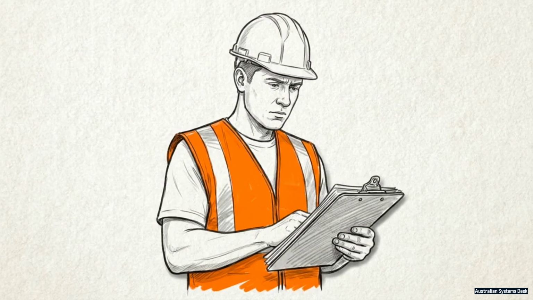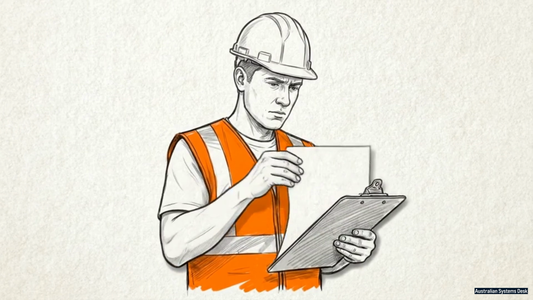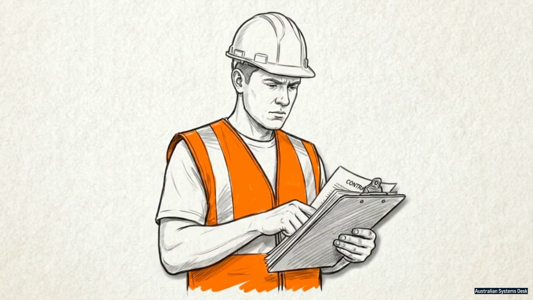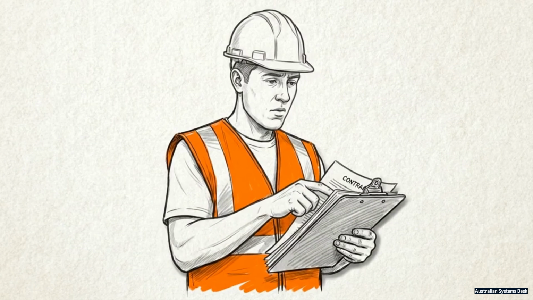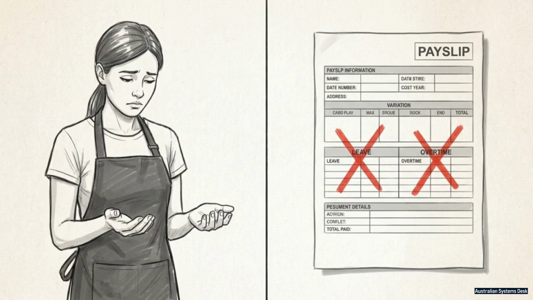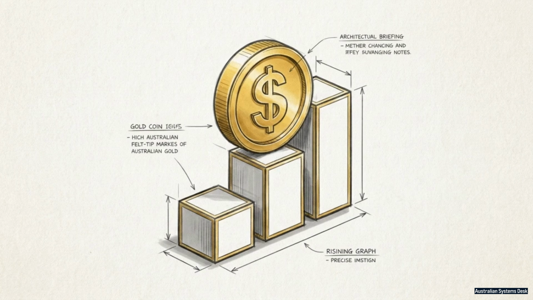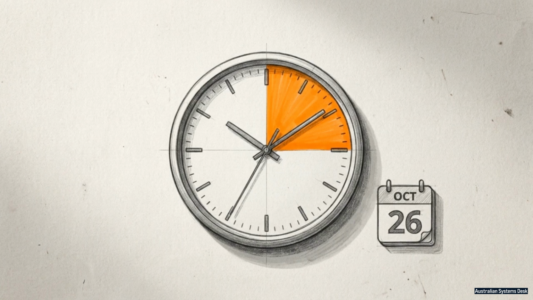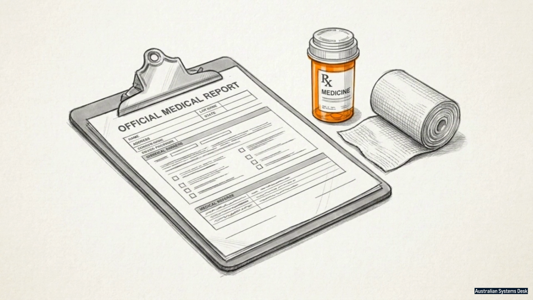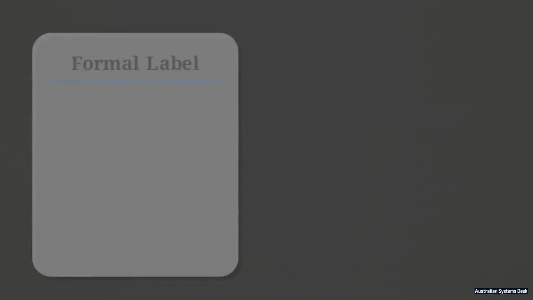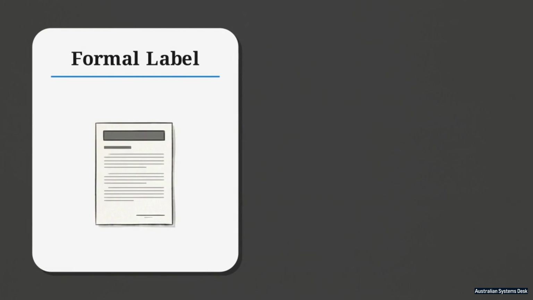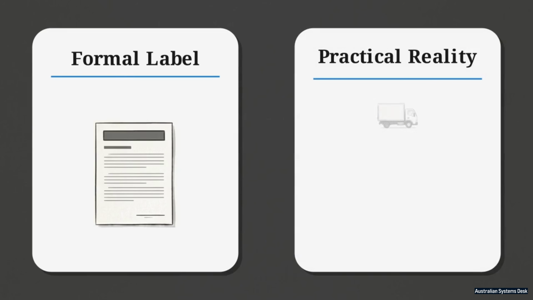If you work in Australia, holding an Australian business number and submitting invoices does not automatically make you an independent contractor. If a business incorrectly classifies you as a contractor, you could be missing out on essential employee entitlements. This includes minimum wages, penalty rates, paid leave, and workers' compensation coverage. A business cannot bypass Australian employment law simply by calling you a contractor in a written agreement.